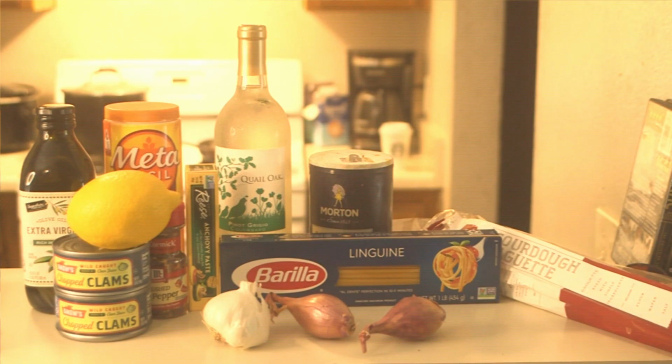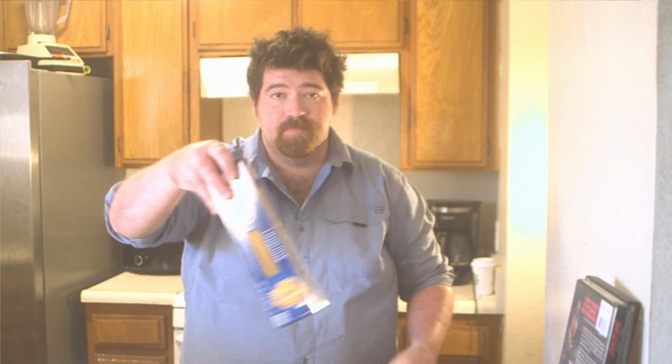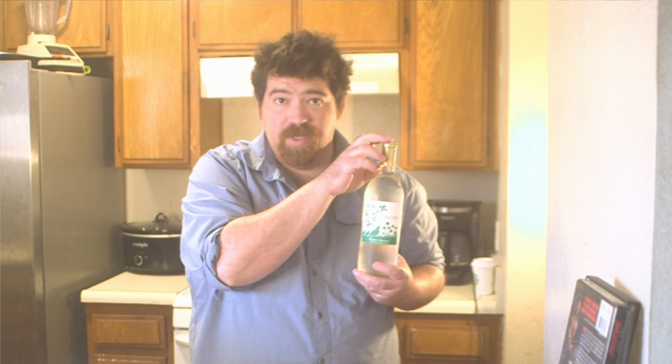You'll need the following. Linguini, crushed red pepper, salt, anchovy paste, olive oil, a dry white wine, 1 lemon, 2 cans of chopped clams. These are Snow's. You can also get Bumble Bee, like Bumble Bee tuna, but Bumble Bee clams. Parsley, a bunch, shallots, garlic,